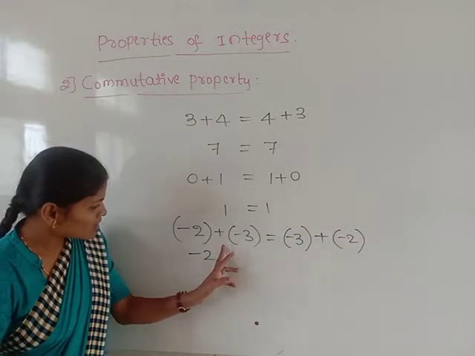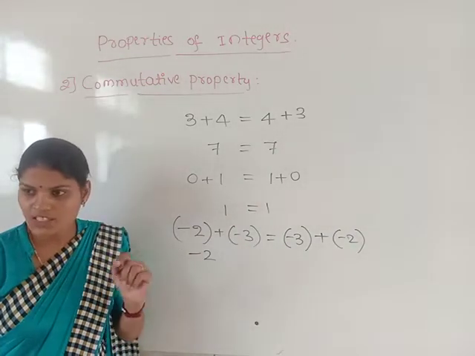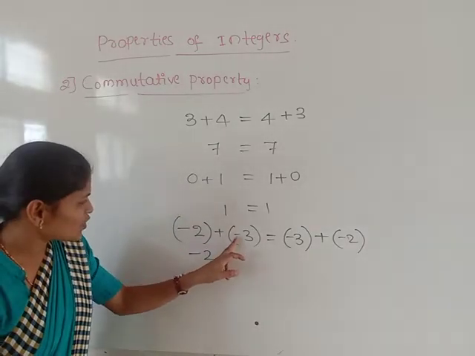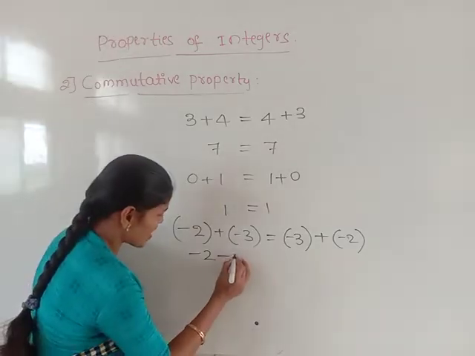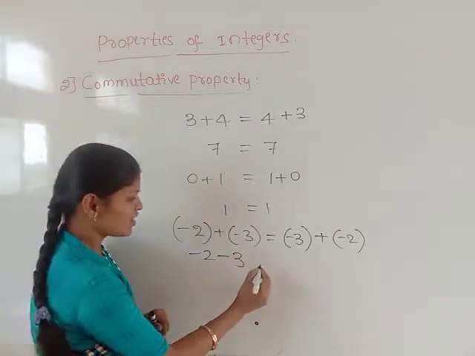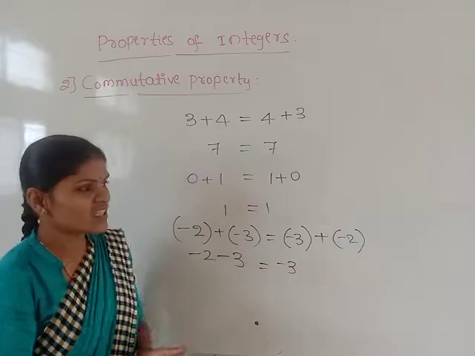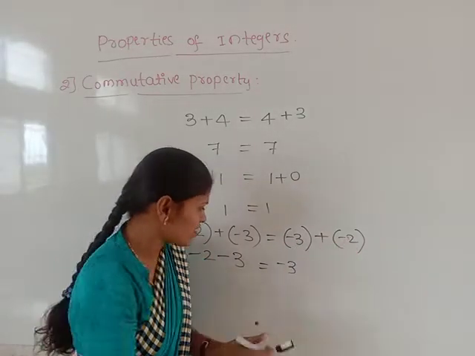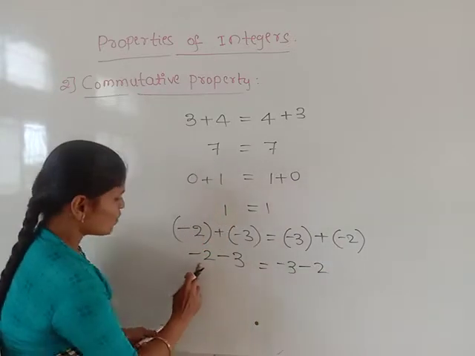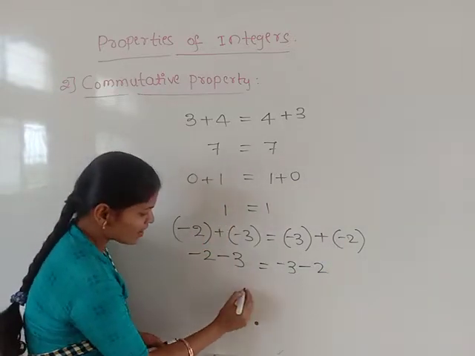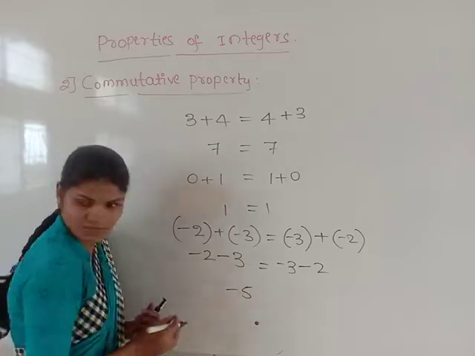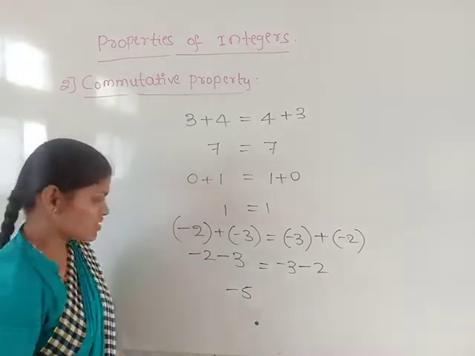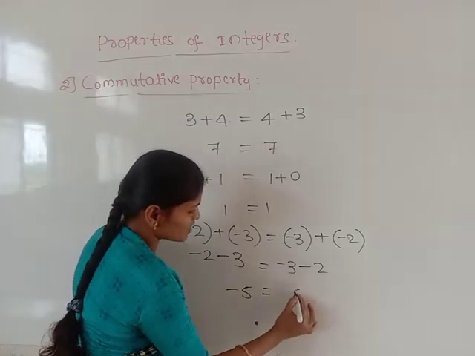-2 as it is. Now plus bracket minus. What does this bracket mean here? Multiplication. Yes, plus into minus, -3. Then here -3 as it is, same way plus bracket minus, in the sense plus into minus, minus. Both are negative numbers, so add the numbers and keep the negative sign. 3 plus 2 is 5, and the negative sign stays. Then here also 3 plus 2 is 5.